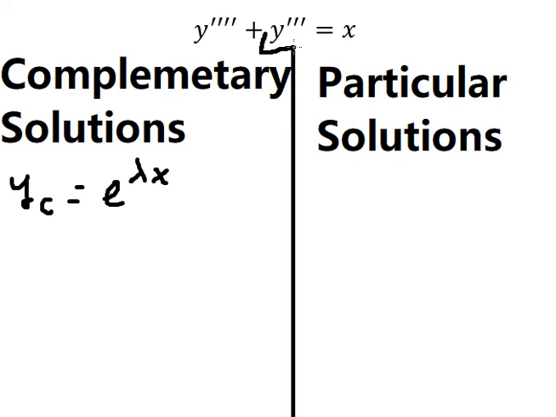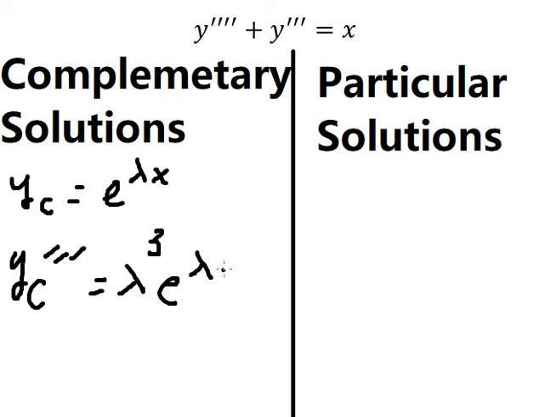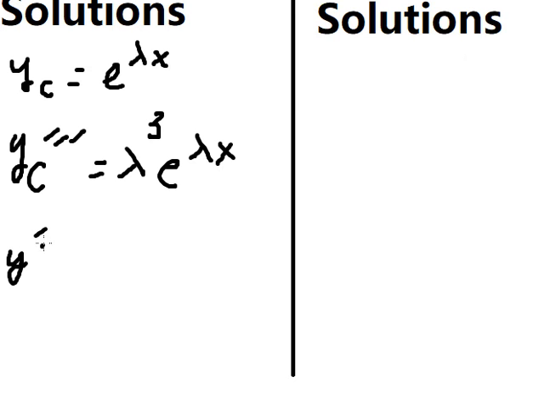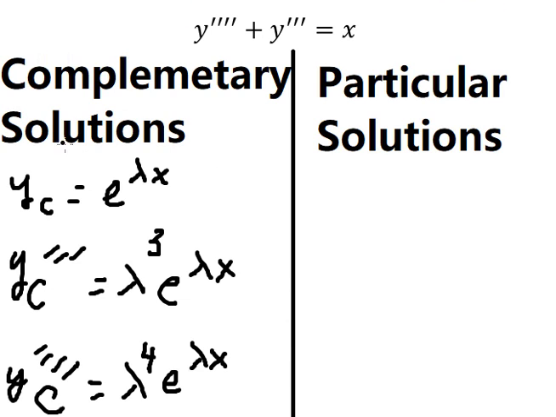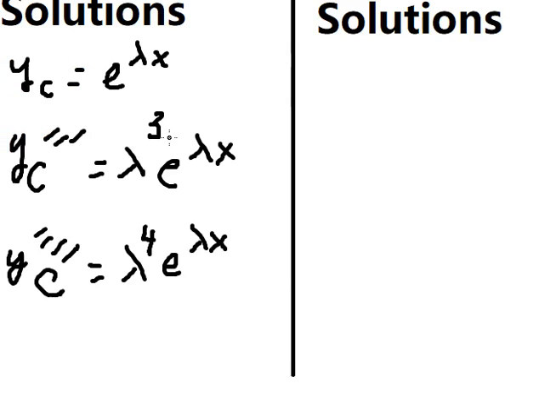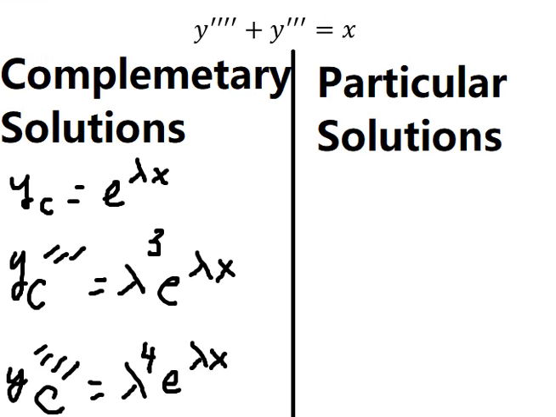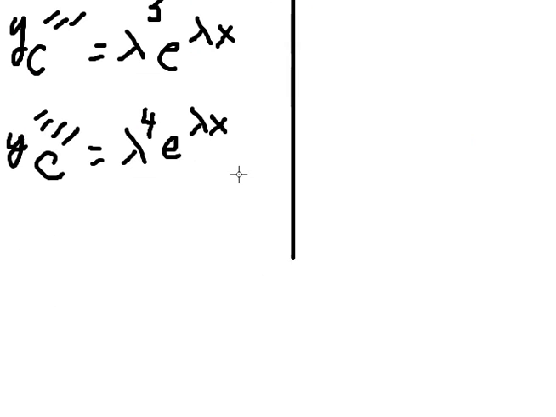Now if we do the third derivative of this one, we will have lambda to the power of 3 and e to the power of lambda s. The fourth derivative of this one gives lambda to the power of 4 e to the power of lambda s. Because this is about complementary solutions, we just put this equation equals to 0,